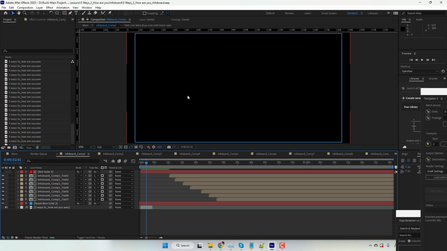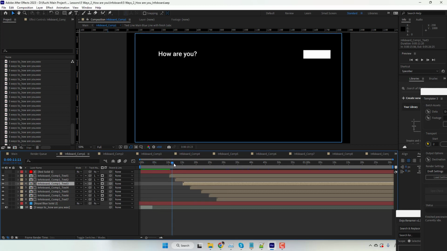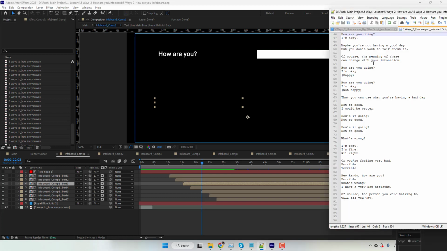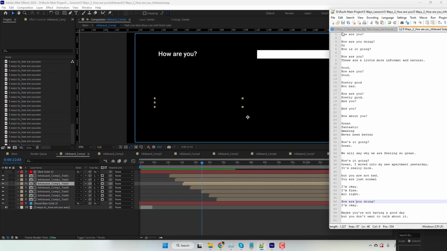right now you can't see anything. That's because these elements are staggered and they only appear around here. So let's move the timeline cursor until we see something. Okay. So if we look here at our text file,